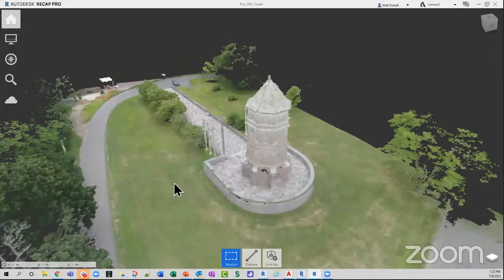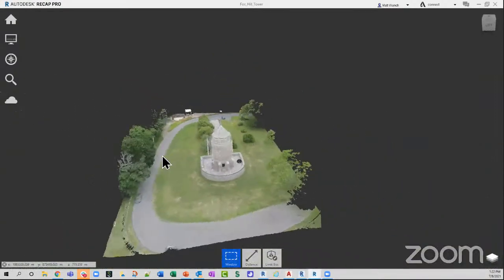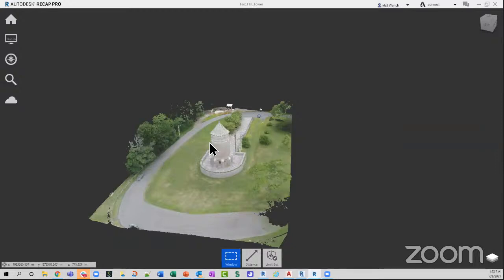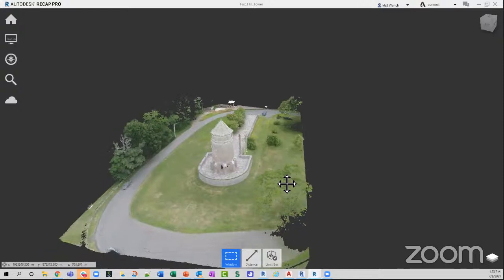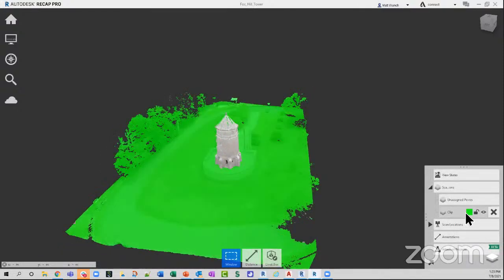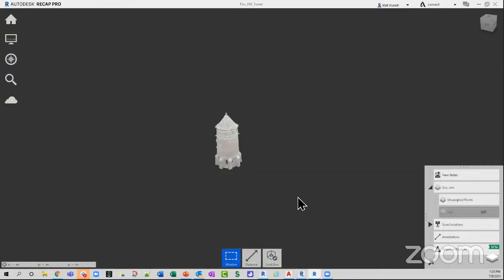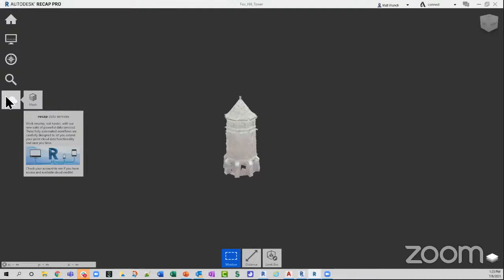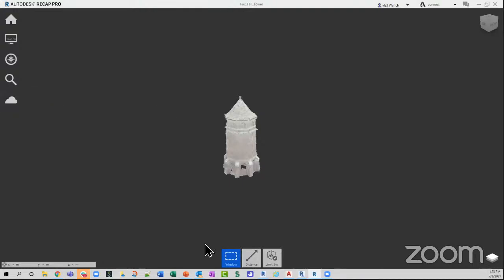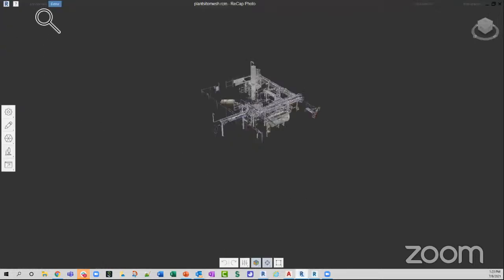is if you have a point cloud that was created from drone photos. So that's the case here. We have this little site here with this little tower, and this was all just done with a drone flight. And what I've done here is isolated just the tower. And from that, I created a mesh using that same process, upload it to my Autodesk Docs folder. And when I jump over to ReCap Photo to take a look at this,